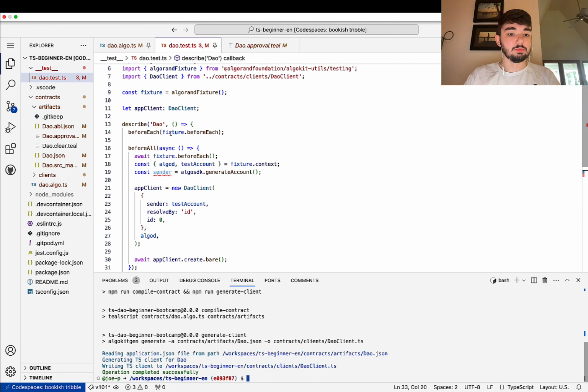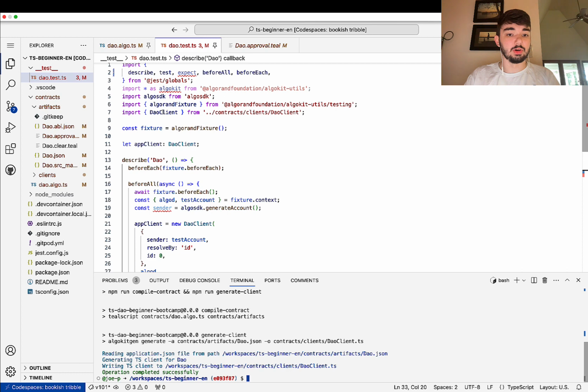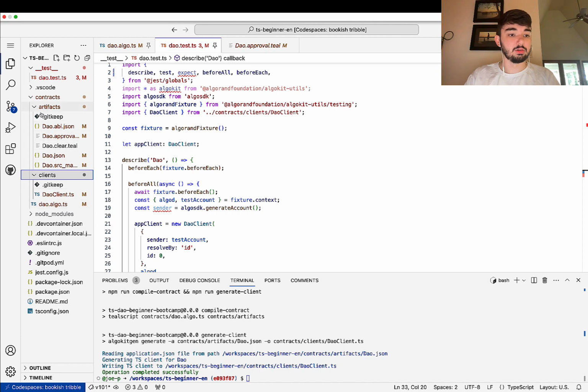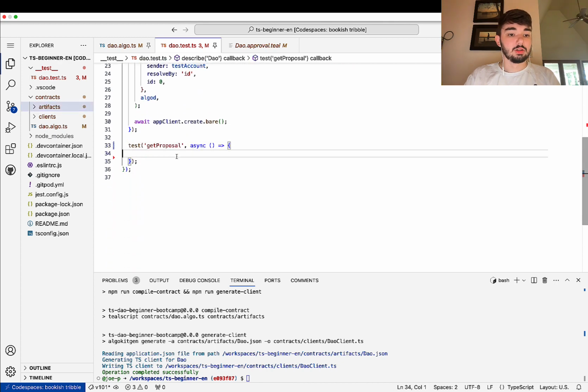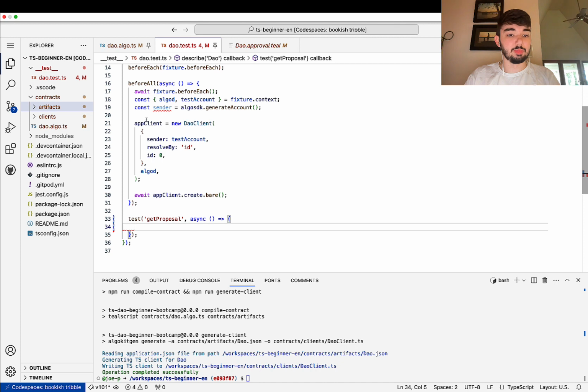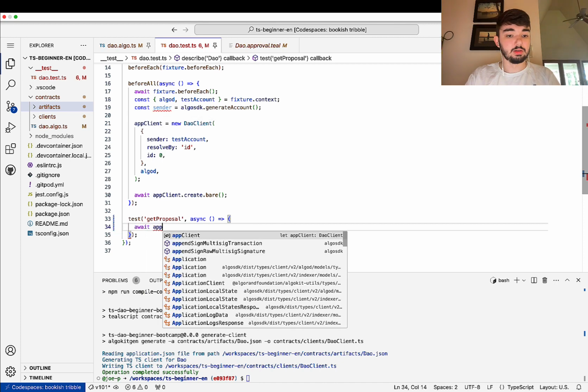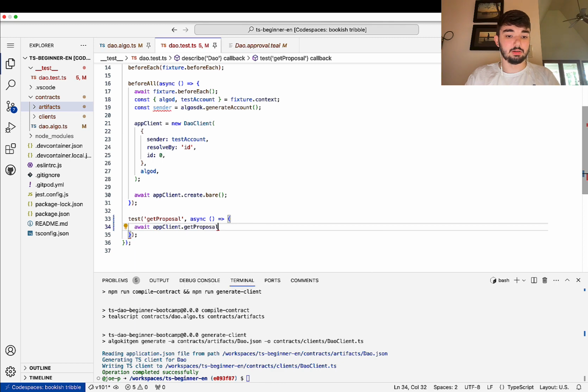What I can now do is, because we import our DAO client, which remember, it's a generated artifact from AlgoKit that contains a typed client that we can use to call our contract methods. And we instantiate it up here under appClient, so we can just simply do await appClient.getProposal,